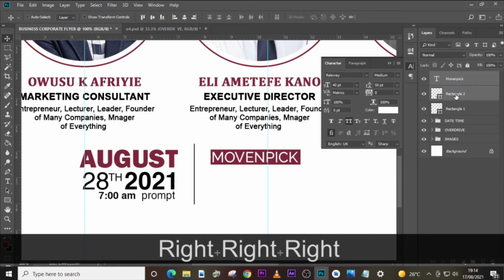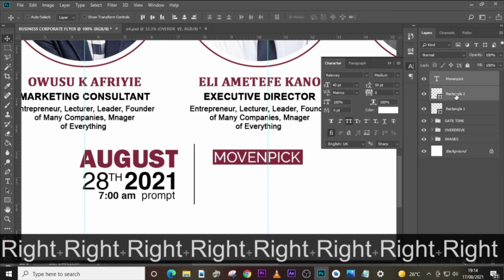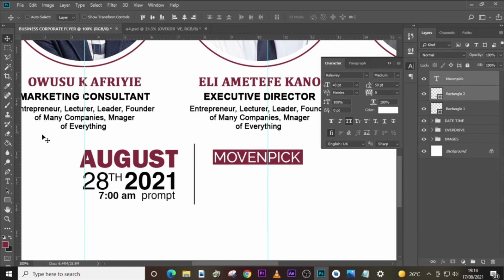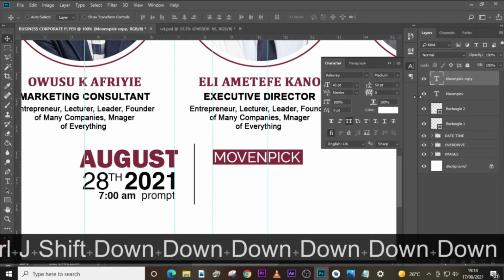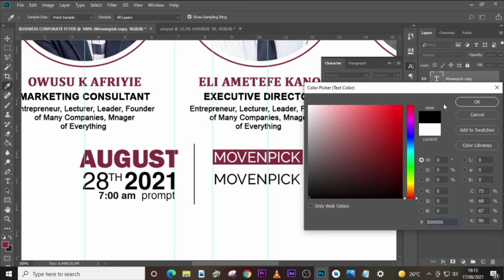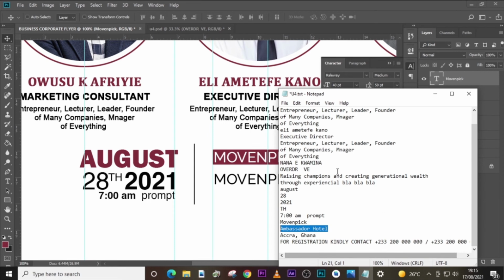So now let's move the box that way. If possible, we could put a ruler here just to help us with our alignment. Now click, duplicate it, and then let's set it to black so we can see everything. Let's pick Ambassador, Accra,